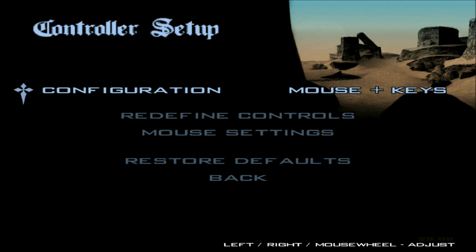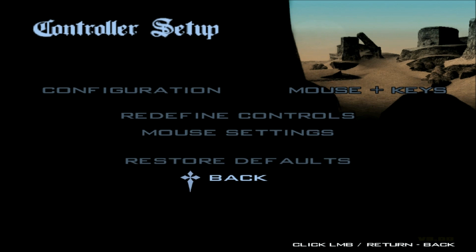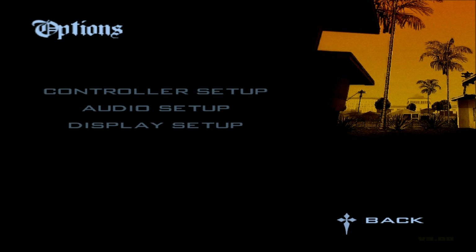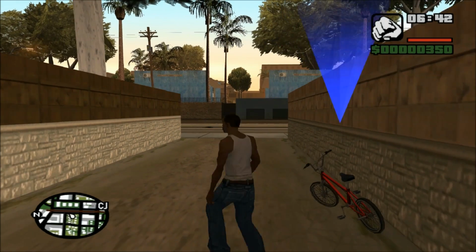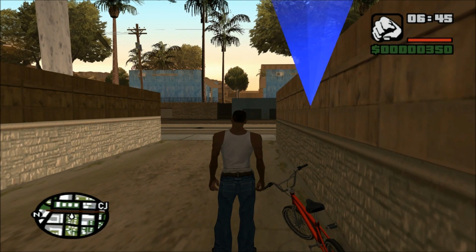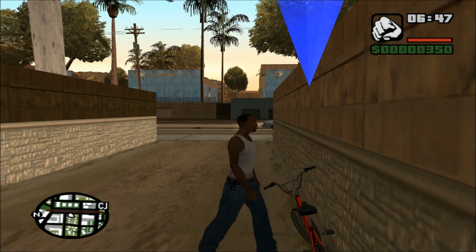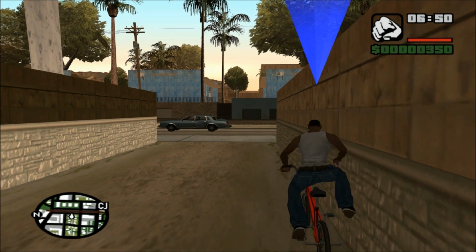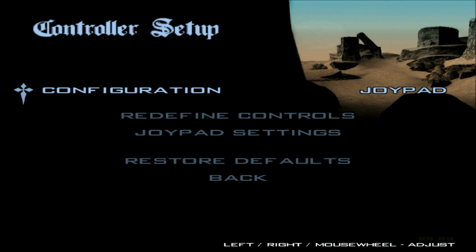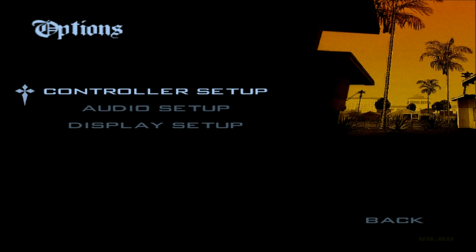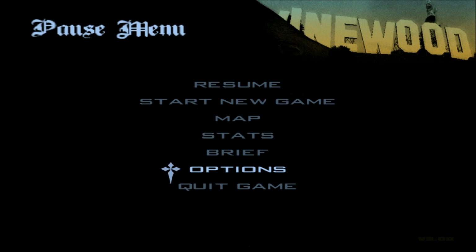So then you can go into the controller and use mouse and keys. I have a little problem with the mouse. Once in a while it doesn't recognize the sideways motion of the mouse. But for the most part it works fine. Also, I have a Microsoft Xbox joystick, the PC version, and it runs fine. So here I am. I'm going to get on my bike. I hit enter to get on my bike because I didn't even configure the right keystrokes. I'm going to go back down here to options and try my joystick like I was talking about. Oops. Let me go back there. Dang it. So let's go back to mouse